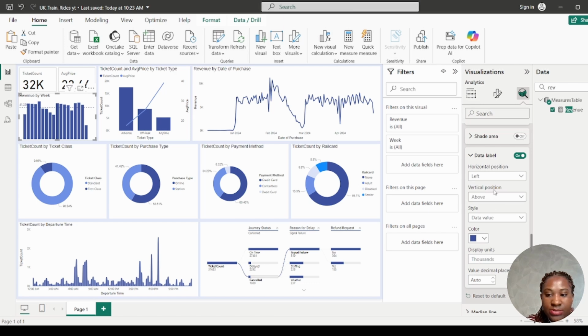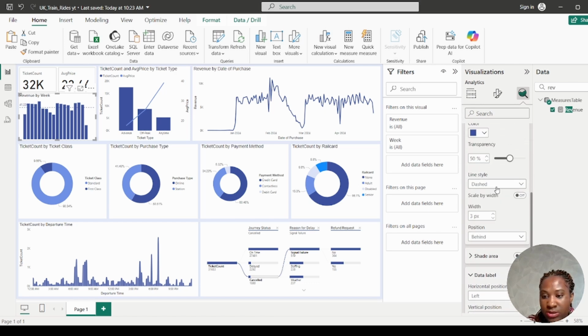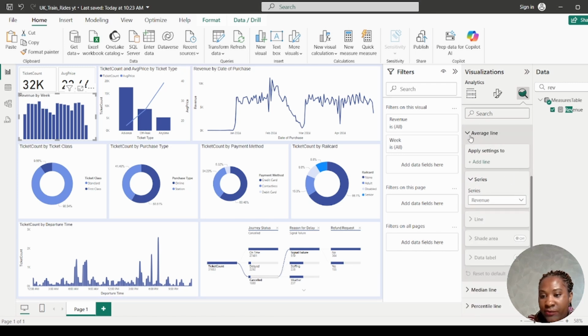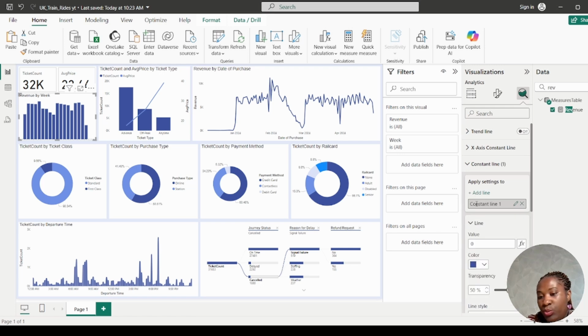I think this is better. Let me just use the 40,000 instead. So let's turn this off. Instead of the average line, let's put in a constant line, and then we say we want our value to be 40,000,